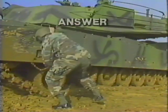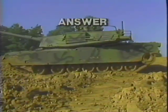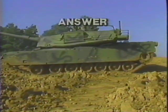Stop the tank by pressing on the service brake and the parking brake. Then set the transmission control to neutral. Dismount the tank and check for mud buildup. If there is excessive mud on the tracks, move the tank forward and backward 15 feet, 2 or 3 times